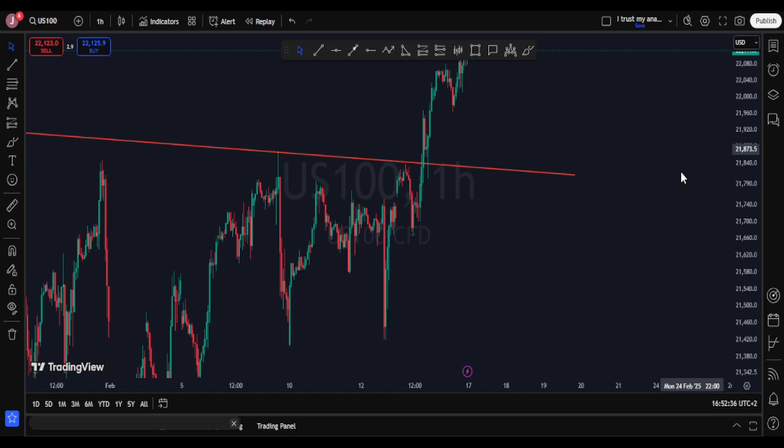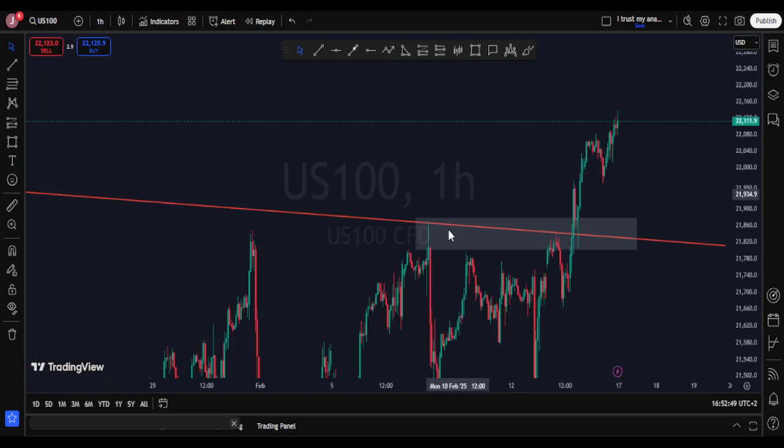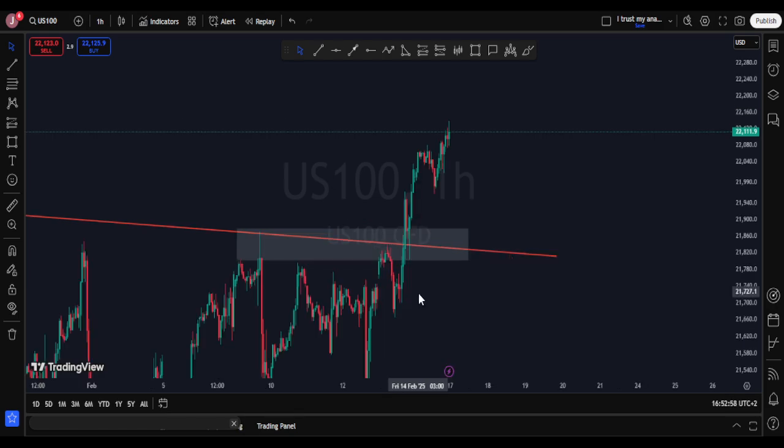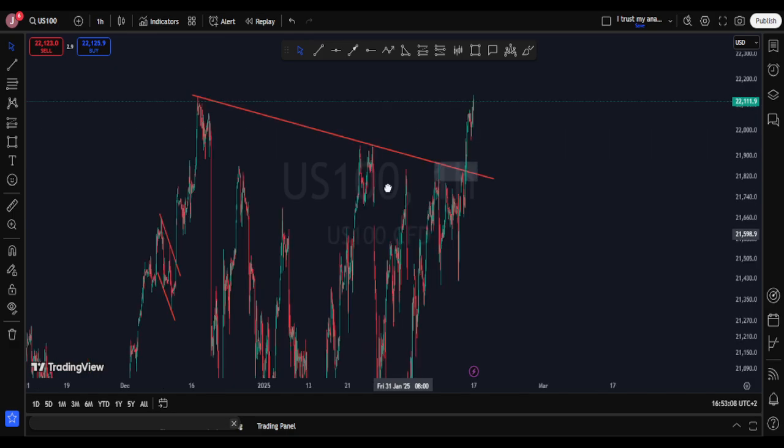because there's also a zone here as well, a nice zone. So there you have more than enough confluence. You had the zone, the breakout, retest, and then the zone and the retest of the diagonal support. So if you're in this trade already and you manage to catch it,